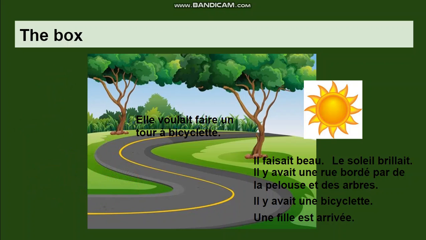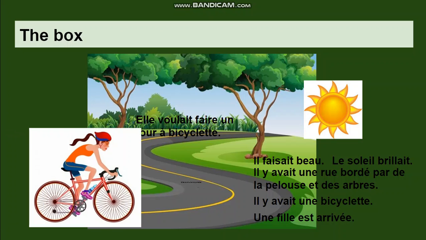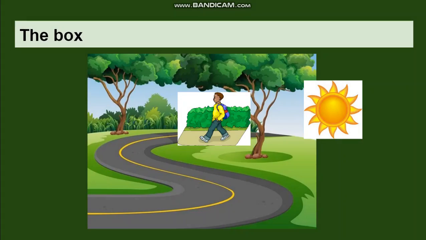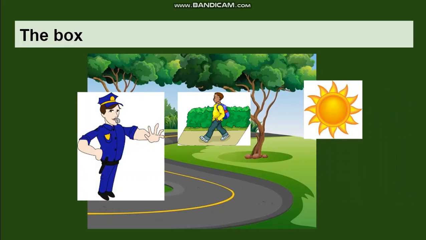So, she does something. Elle a pris la bicyclette. Notice that her action is in the passé composé. So along comes a policier. Can you guess what tense the verb is in? Yes, the passé composé. Un policier est arrivé. Il a dit, anything that he said would also be in the passé composé, except for his exact words, which would be in the present. Décrivez la fille. Describe the girl.